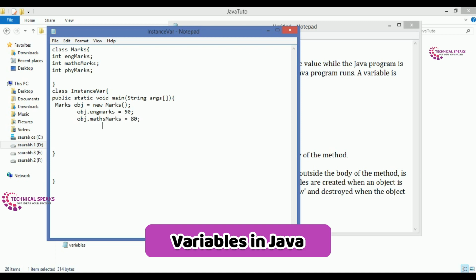And the last third one, which is object dot physics marks, let's suppose I set it to 90. And to print this, we just need system dot out dot println. First, for the heading, I just write here marks for object, right? And just system dot out dot println.